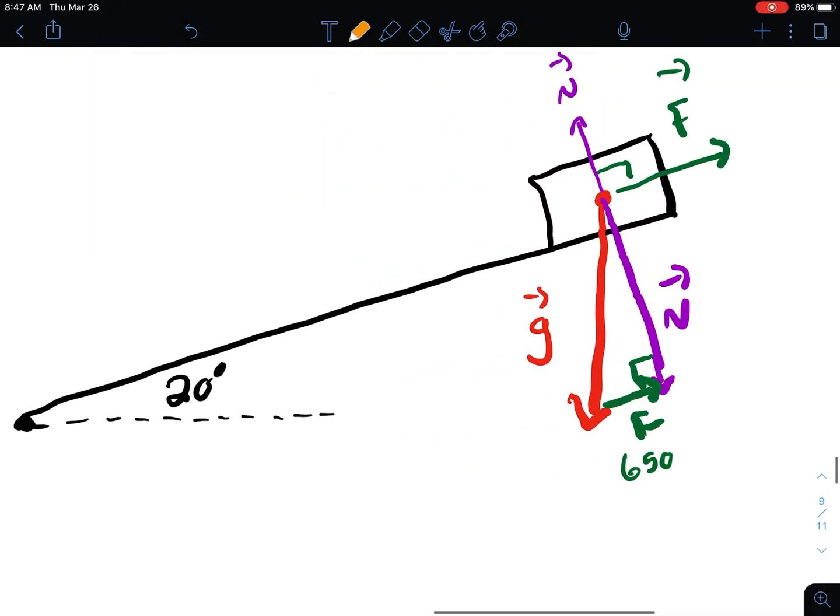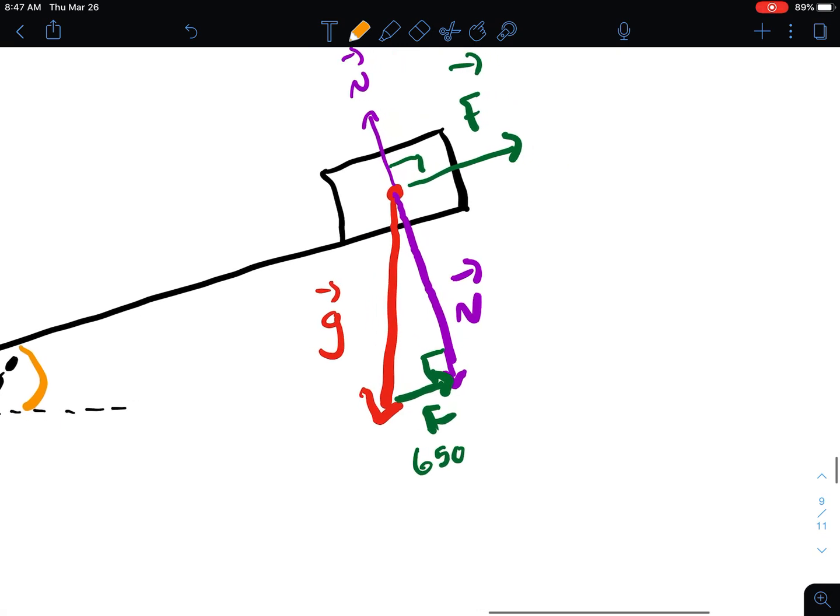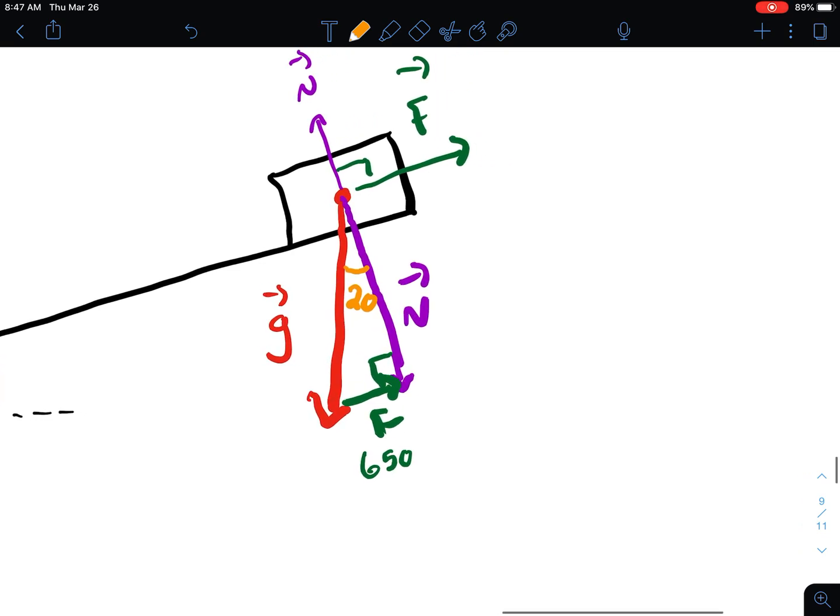We also know what the angle is between the gravity and the normal force. It's the same as the angle of incline. So if I have a 20-degree angle of incline, the angle between gravity and the normal force is also going to be 20. Now we can solve for whatever part we want. Well, the weight of the car, which is G, so the weight, is going to equal,